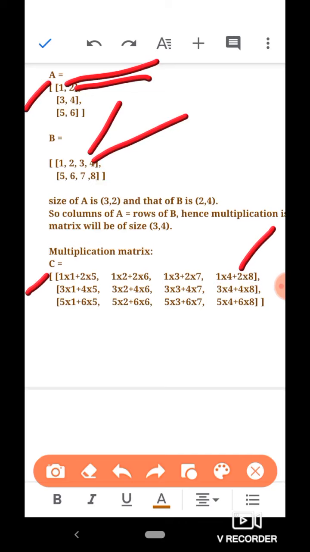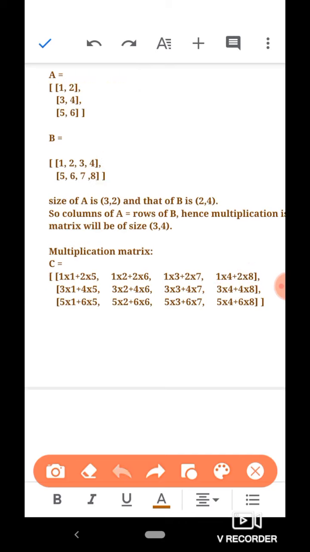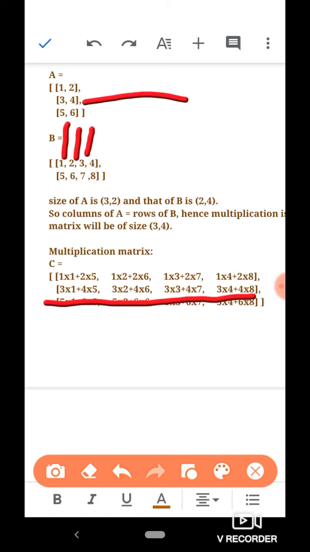See, now in this way we have computed the first row of matrix C. Okay, now to obtain the second row of matrix C, what we do is select the second row of matrix A, and again we multiply and add with all the columns of matrix B, to obtain the four column values of matrix C in the second row.